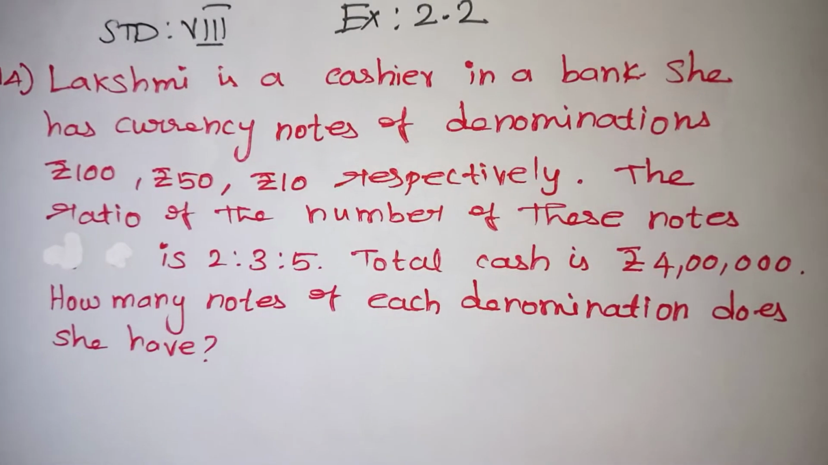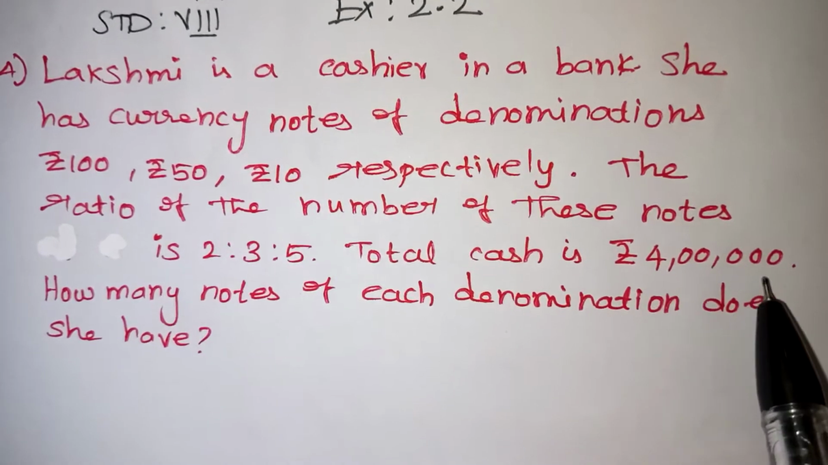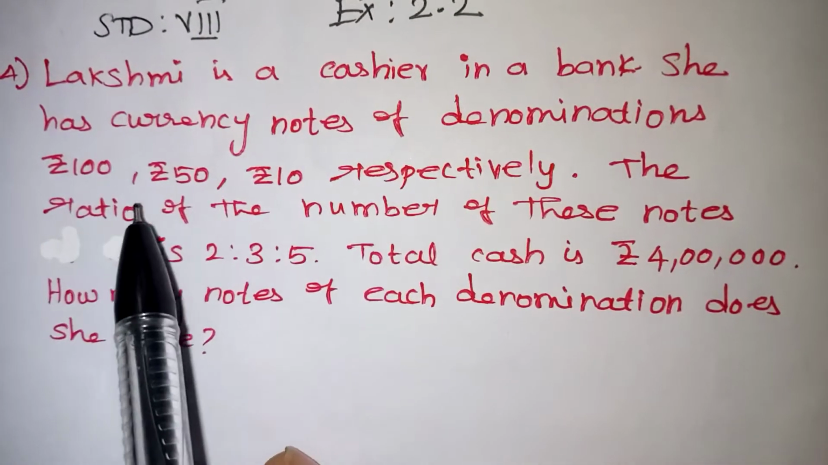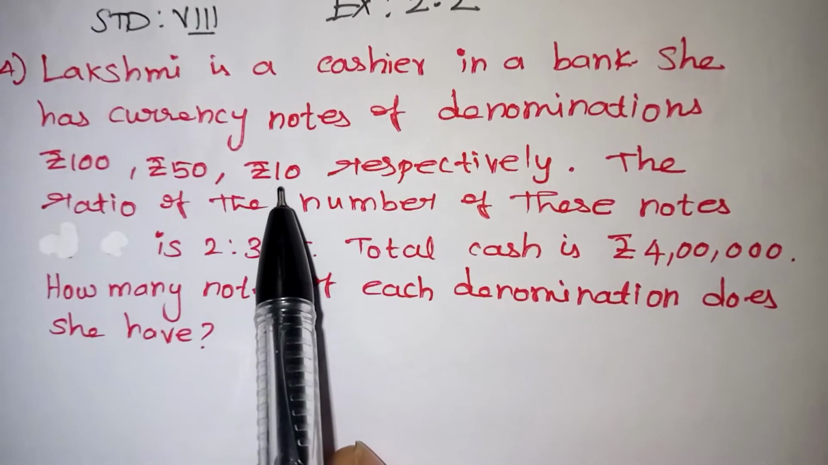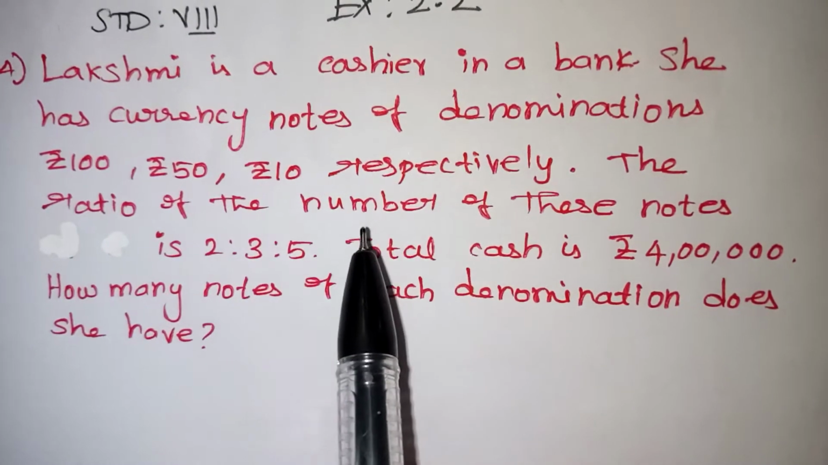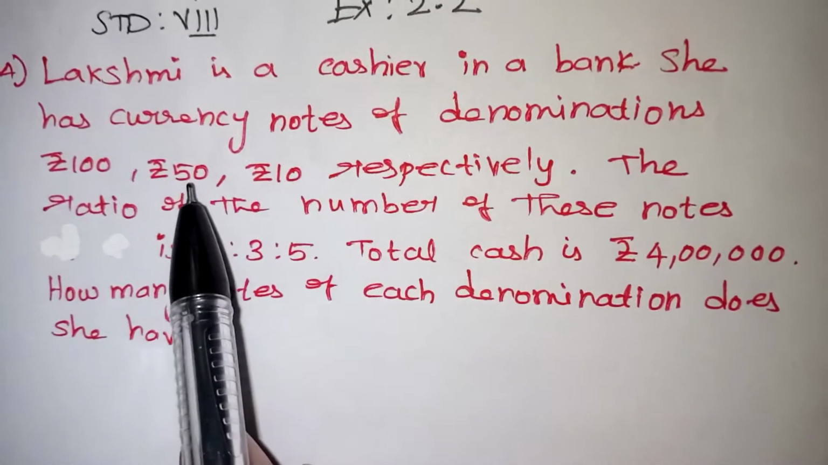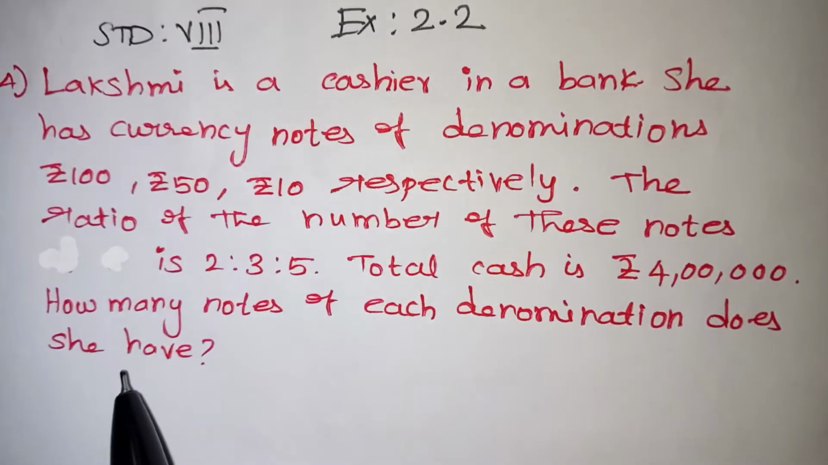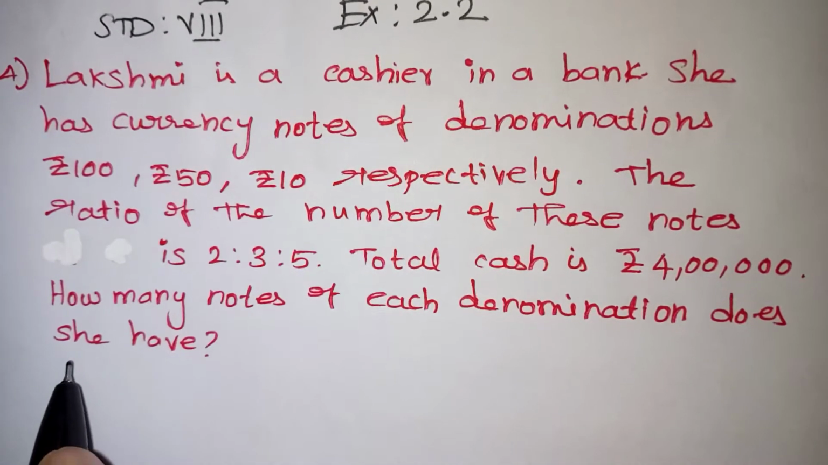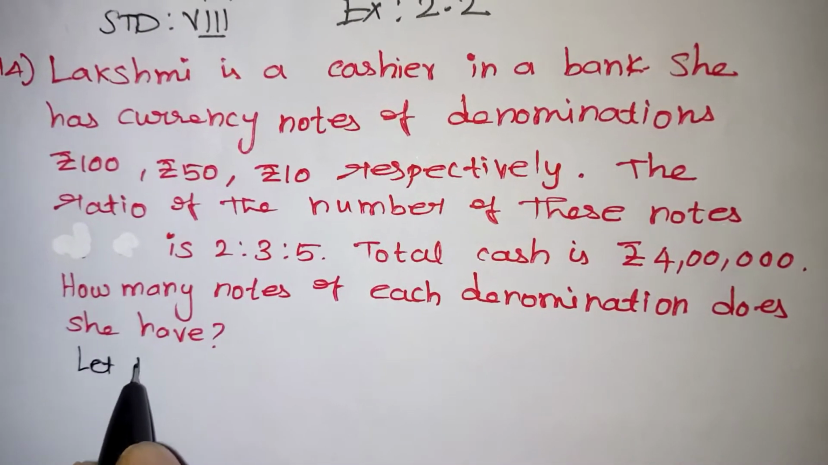That is the question. So she has a total of 4 lakh rupees, which is a combination of 100 rupee, 50 rupee and 10 rupee notes. The number of notes we don't know. How many 100 rupee notes are there? How many 50 rupee notes and how many 10 rupee notes does she have? That is the question. So first let us consider the number of